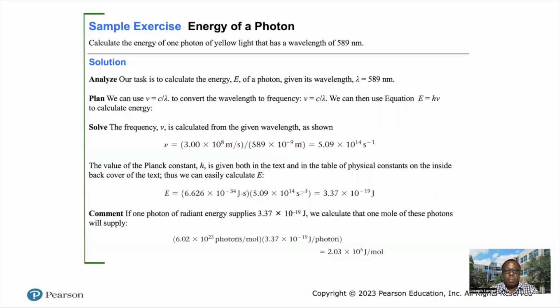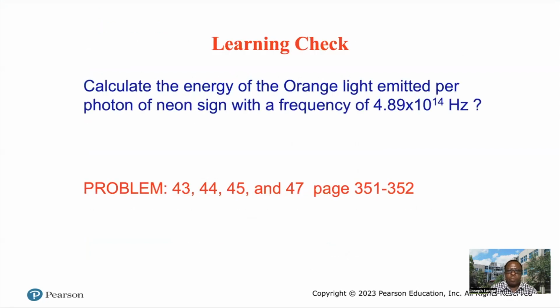So if you are asked to calculate the energy of 1 mole of photons of yellow light, listen, then we multiply this value by the mole, which is the Avogadro number. If you look at this, we use the Avogadro number. So let's see,